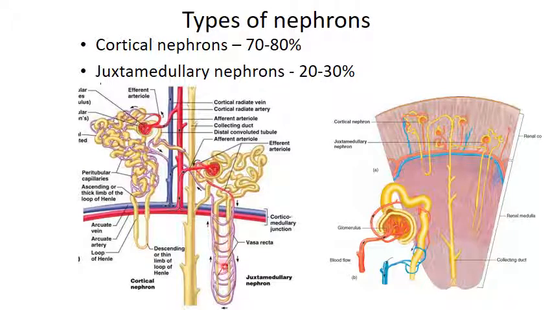The capillaries are running straight and they are making U-shaped turns. This type of straight capillaries are called vasa recta. So these juxtamedullary nephrons are 20 to 30% of the total nephrons. In our later lectures, we'll study how the two types of